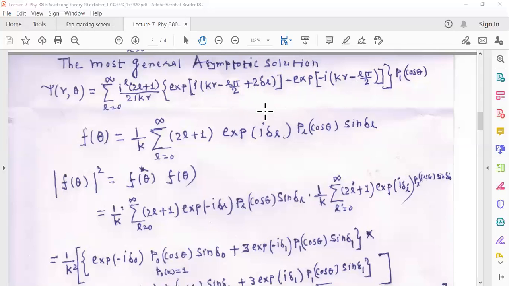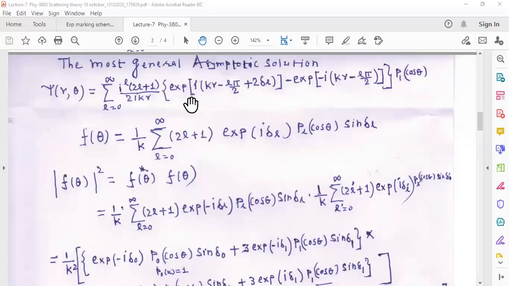And we want to understand today how to calculate the phase shift. You calculate the phase shift for the S partial wave, for the P partial wave. Generally, in scattering theory, whenever you do a scattering analysis, the S wave contribution is very prominent, and that's why we will concentrate on it today. We will find out the phase shift corresponding to delta 0, that is L equal to 0, and we will also calculate the phase shift for the P wave, that is delta 1. Delta 2, delta 3, delta 4 are very small. Phase shifts are very small.